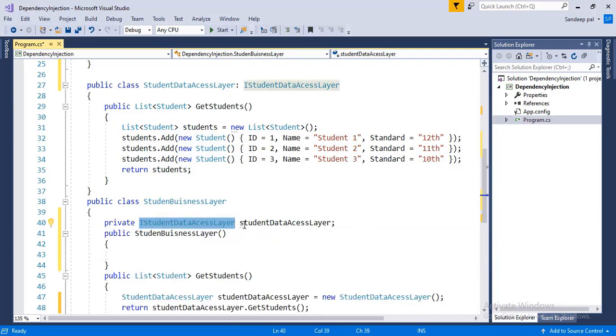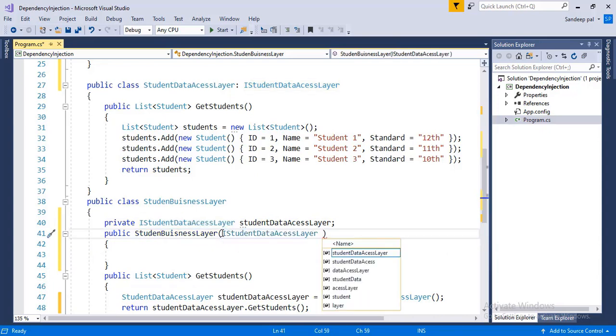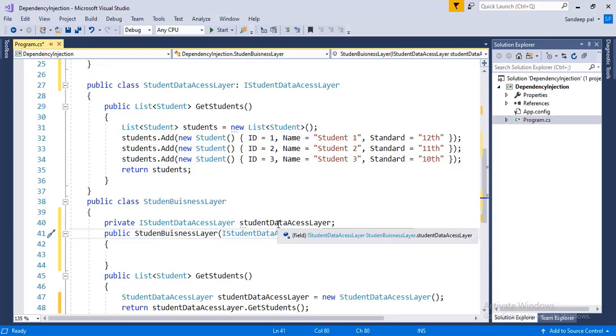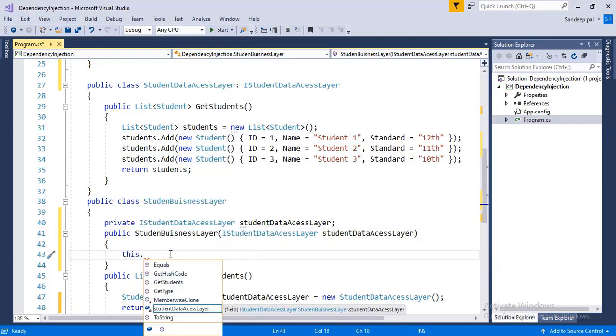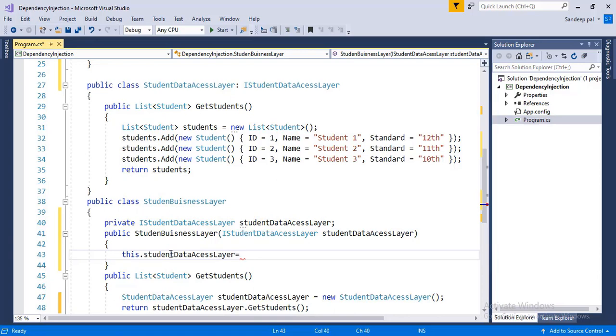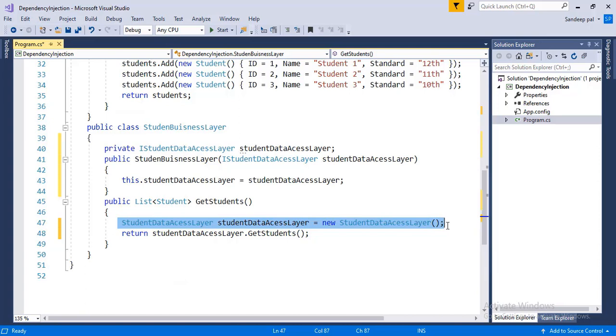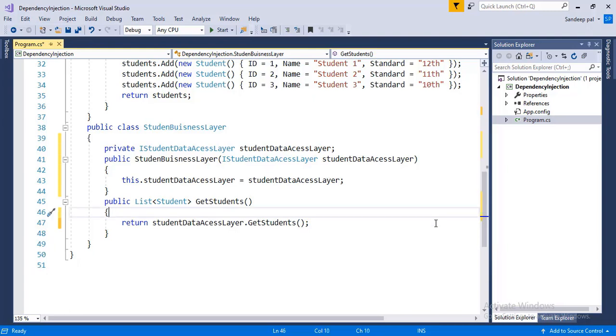The point you need to focus on is that the parameter of the constructor is of type interface, not a class. Now, this parameter can accept any class object which implements this interface. And we can assign that object to a private variable of iStudent data access layer type, and call the getStudent method through this private variable.